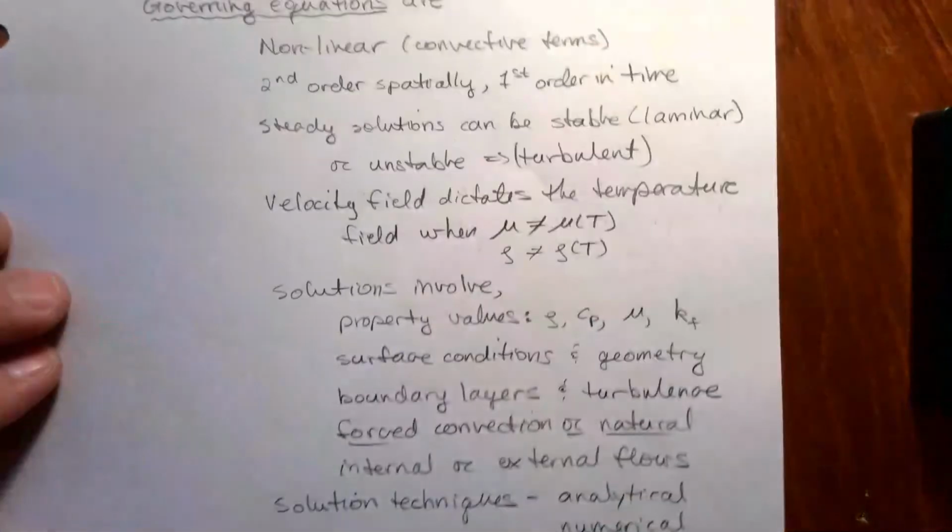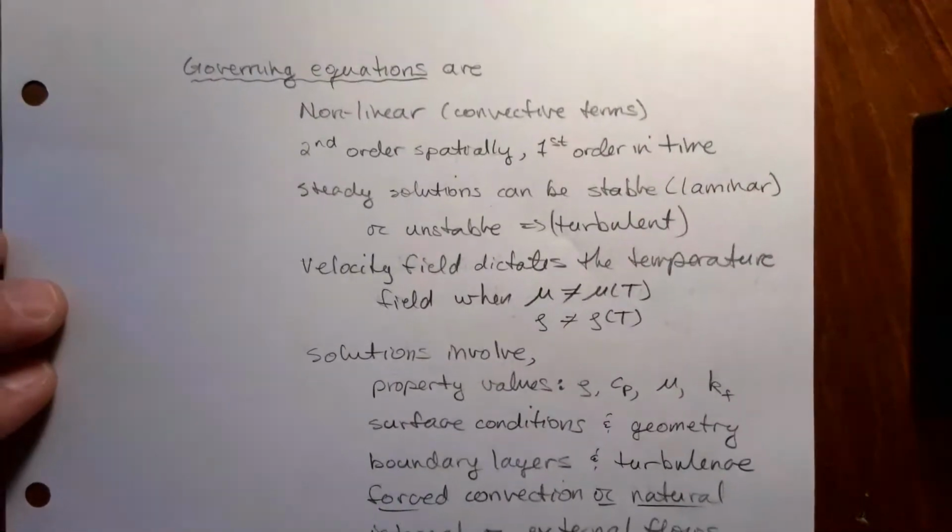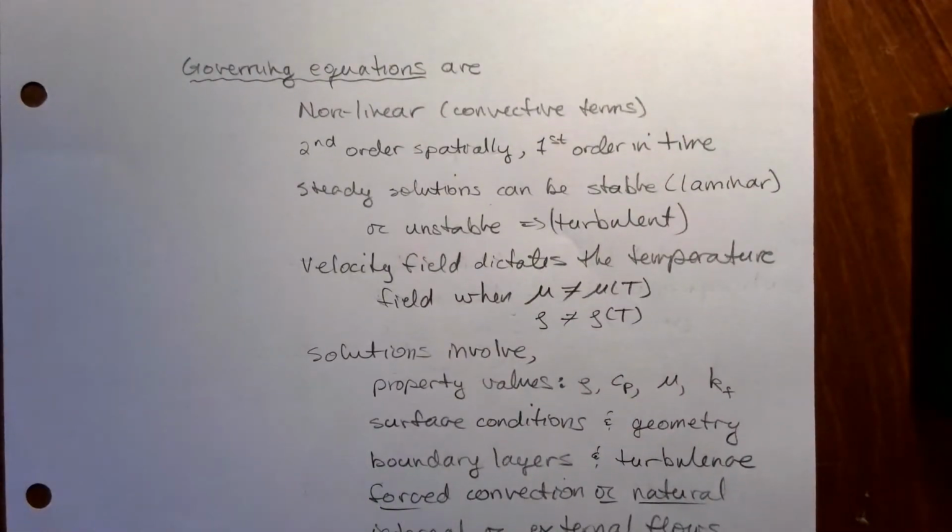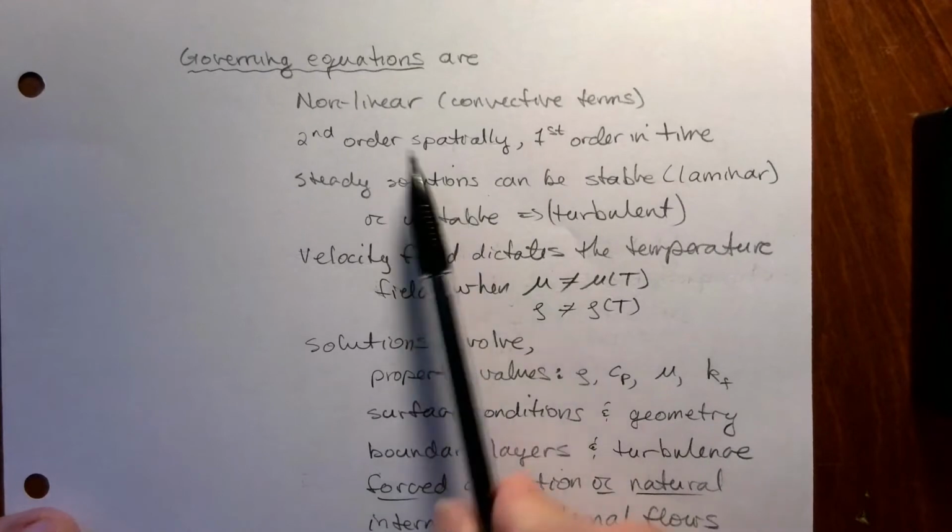And so the existence of a boundary layer is actually part of the solution. It's not explicitly noted, it's just part of the solution. So the governing equations are nonlinear. They have boundary layers internally. Second order partial differential equations, spatially second order, first order in time. So we need an initial condition, we need boundary conditions around the entire outside of the domain for the spatial